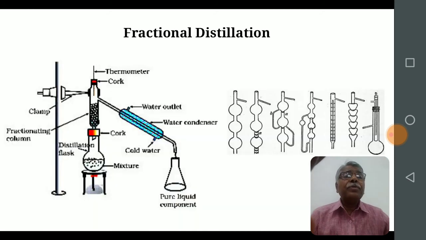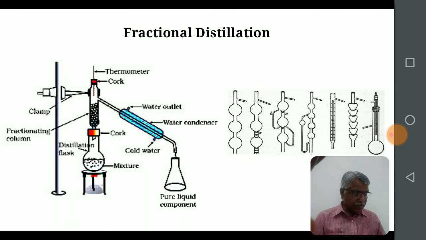The process of repeated distillation and condensation is known as fractional distillation. The distillation apparatus is known as a fractionating column. It generally consists of a long tube packed with glass beads. Broken glass tubes are blown into a series of spherical pear-shaped bulbs. The fractionating column is then fitted to the distillation assembly as shown in the figure.